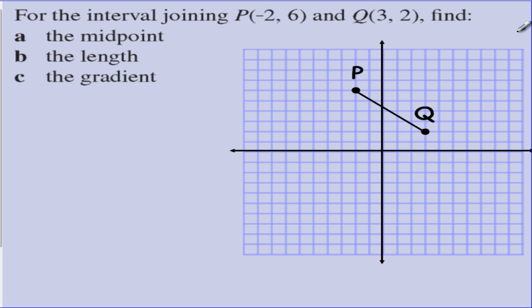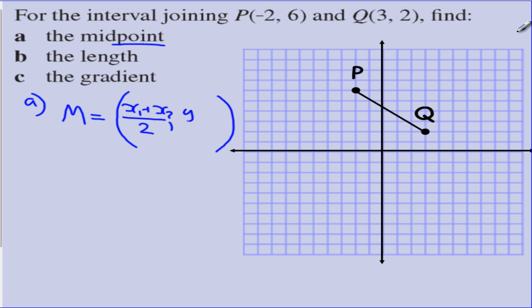What we're going to do, to solve these questions, is focus on using the formulas that we just learned. So the midpoint is represented by a capital M, and the midpoint is equal to a coordinate, as the word suggests. It should be a point, and all points can be represented by a coordinate. To find the middle of anything, you need to find the average. So we have x1 plus x2, and then we halve it, and the y value is y1 plus y2,